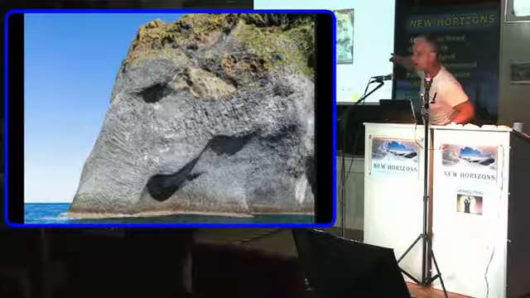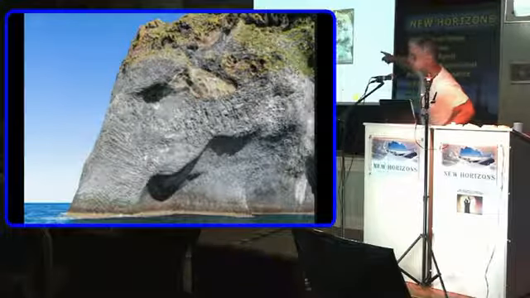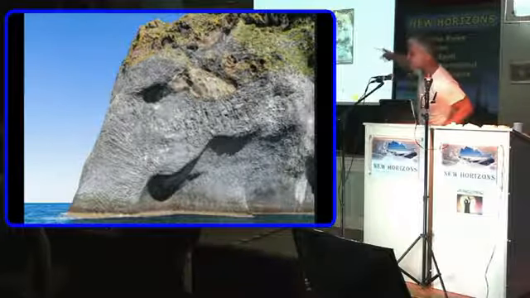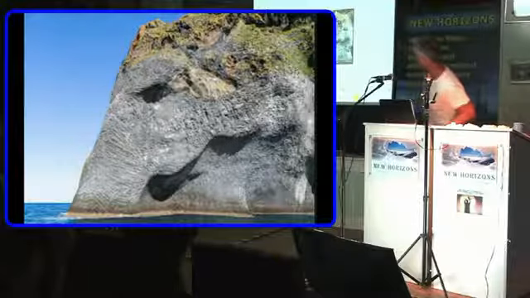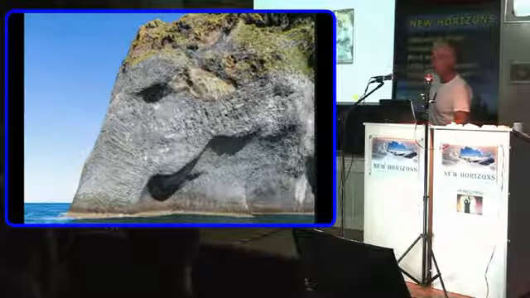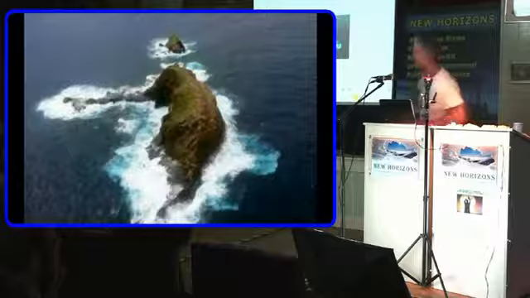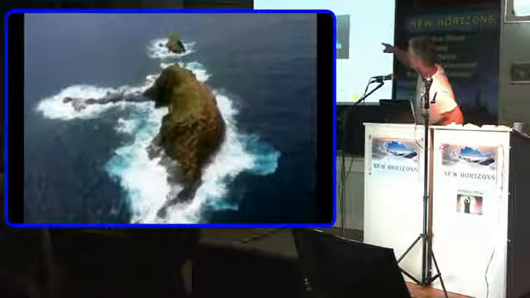This is a close-up of the elephant. Does that look like an elephant to you? Even the texture of the skin is an elephant, isn't it? It's got the elephant's eye and the ears and the trunk. Let's have another look at a top-down view of the elephant. Looking down on an elephant, what does that look like? An elephant and its baby.